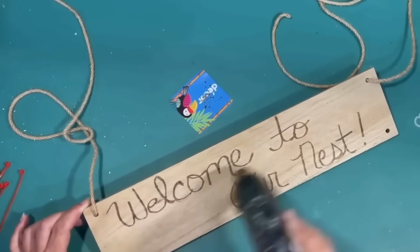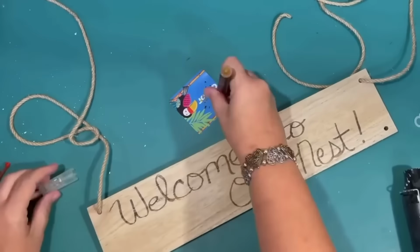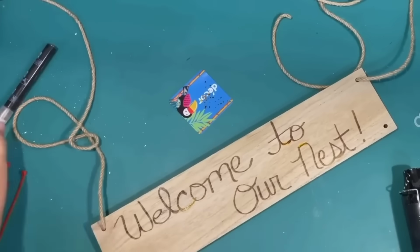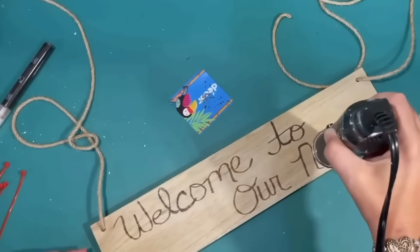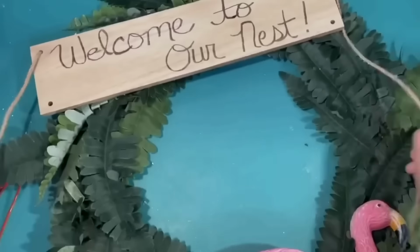If you want it to be darker, you can add more heat. You can also go back in with your paint pen and touch up any places that you think need a little bit more. Go back in there with your heat and touch that up as well. I thought it was really whimsical and fun, and a fun way to personalize a wood sign like this from